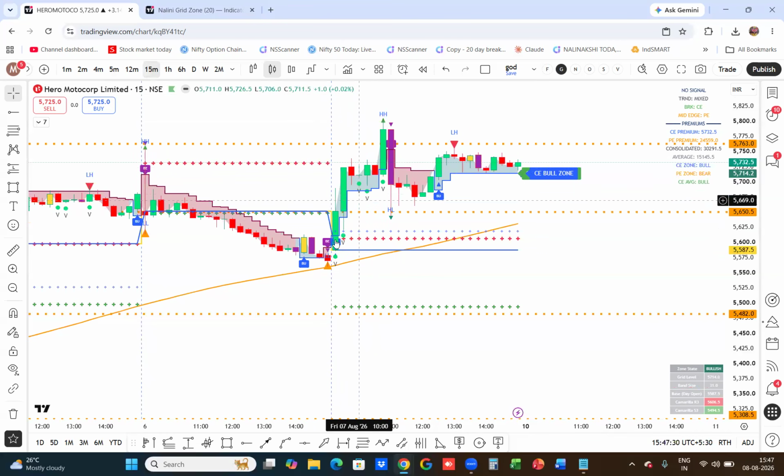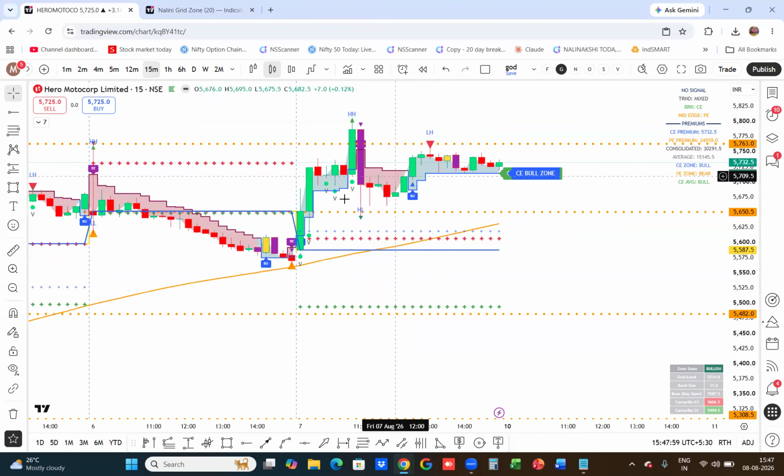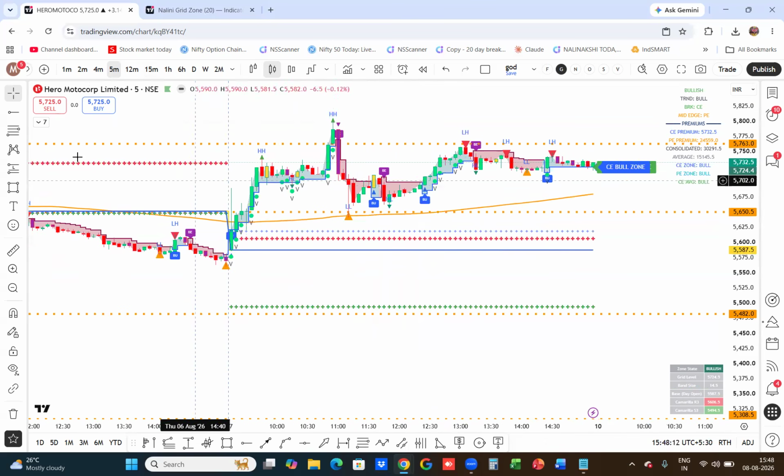When I take the trade, you may not get the trade immediately, or you get to see around 5,685. It halted over here and then moved higher. People make the mistake of entering at this top level. When it is going sideways, they fail to take the trade because it will be doing liquidity ping pong, a red candle alternating with a green, red, like that. No conviction. If you are on the 5 minutes time frame, it is almost,